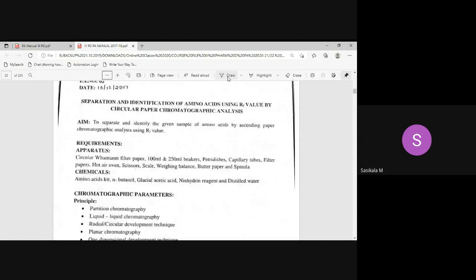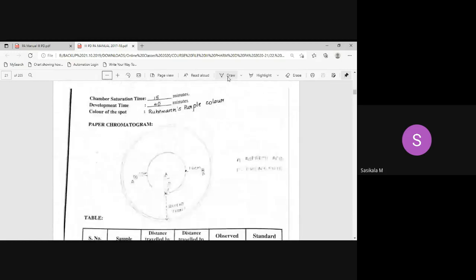For circular paper chromatography, draw a circular paper like this. Two amino acids, aspartic acid and phenylalanine, have been selected for this, where aspartic acid always moves only a short distance from the baseline. Here aspartic acid has moved only 0.7 centimeter, whereas phenylalanine moves 1.4 centimeter, somewhat higher. You are leaving from the center spot to 1.5 centimeter to the baseline, like ascending chromatography, and this is the solvent front, three-quarters of the distance moved across the paper.